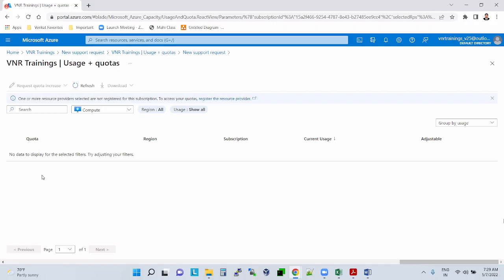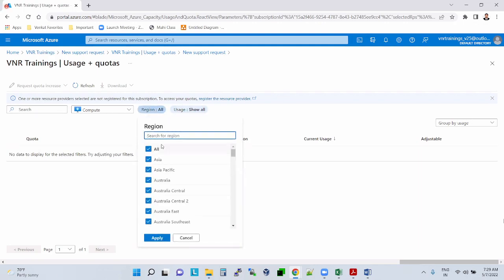No quota, it says. The region, I think you should select the region. It shows all regions. It should be under your subscription region.